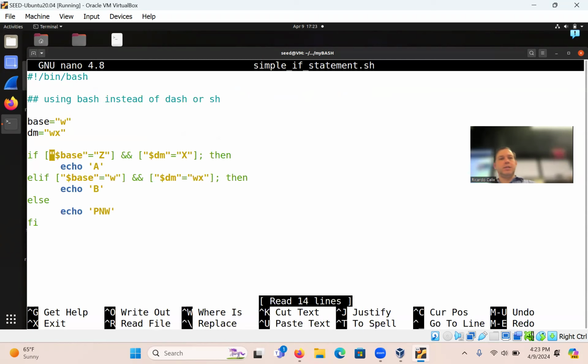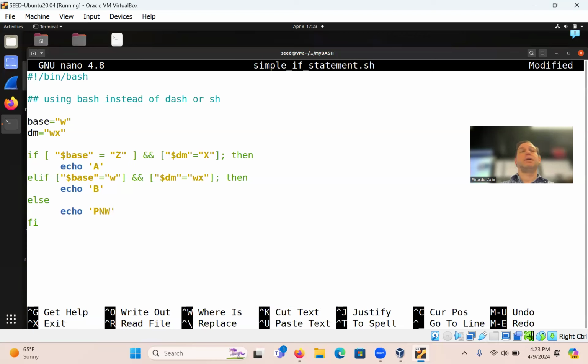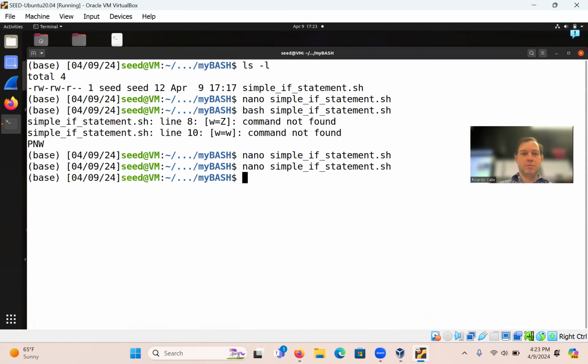So usually, let's add a little bit of space here now. Do that and that like that. And then I'm going to do this here. Let's see if the error changes.